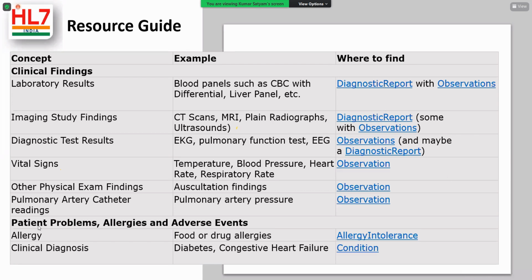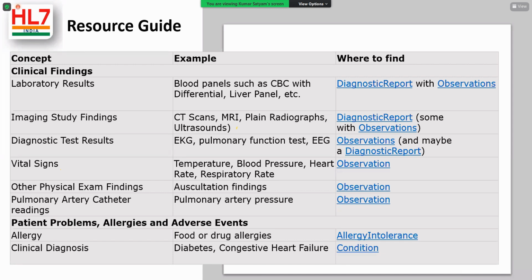Similarly, if you have, for example, allergies, and you want to know what resource applies to it, you see here, it's an allergy intolerance resource. Similarly, for clinical diagnosis, if you want to record or understand where to record the diagnosis, the resource would be condition. But bear in mind, this is indicative, right? This is to make life easier for the implementers. So you can use it as your reference to understand what APIs or what resources apply to